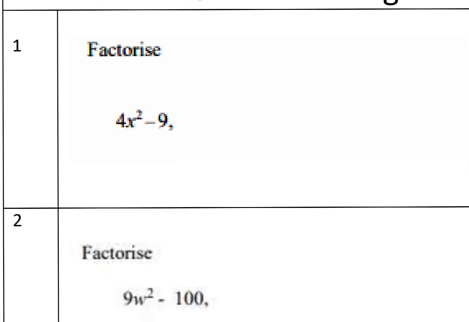Number 1, 4x squared minus 9. So first check if there is a common factor between them. The first step to factorize is to check if you have a common factor or not. 4x squared minus 9, 4 and 9, no common factor between them. So now we have two terms, each one of them a square. The square root of 4x squared is